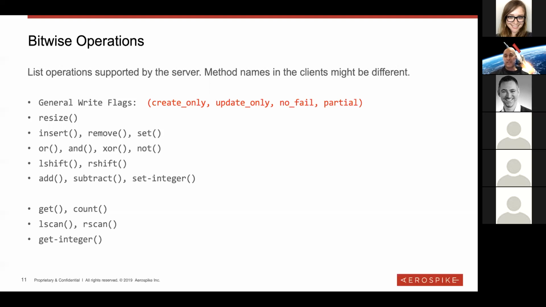All right, so we talked about how to model this with the map API, and I encourage you guys, if you haven't looked at the documentation, take a look at the map API. It is fairly extensive. You can do a lot of things with maps and with lists. We added the bitwise operations, basically bitwise operations on a blob.